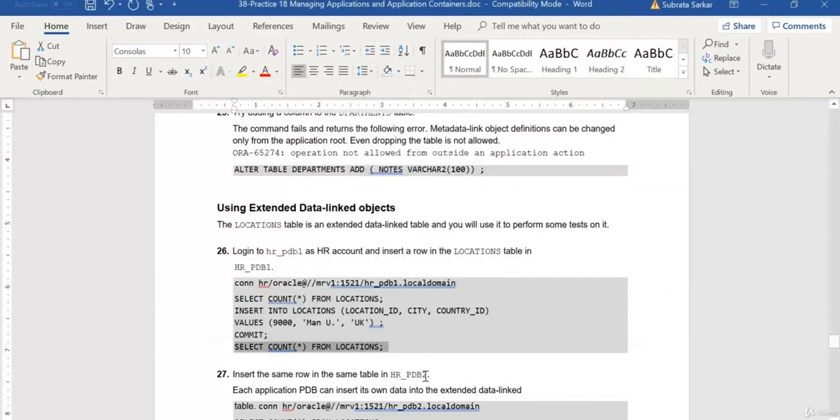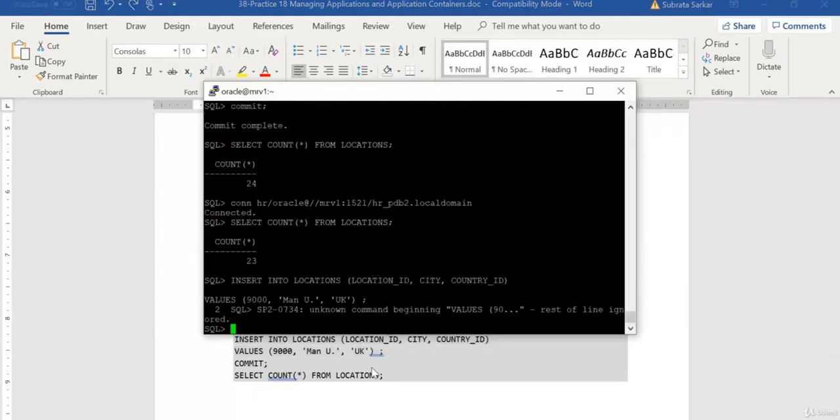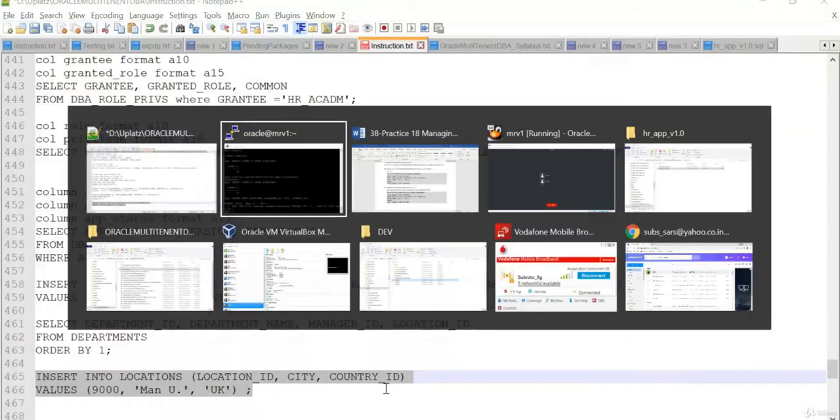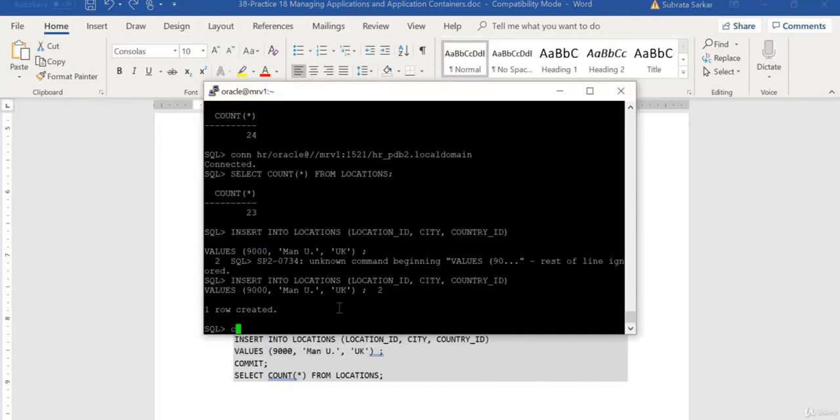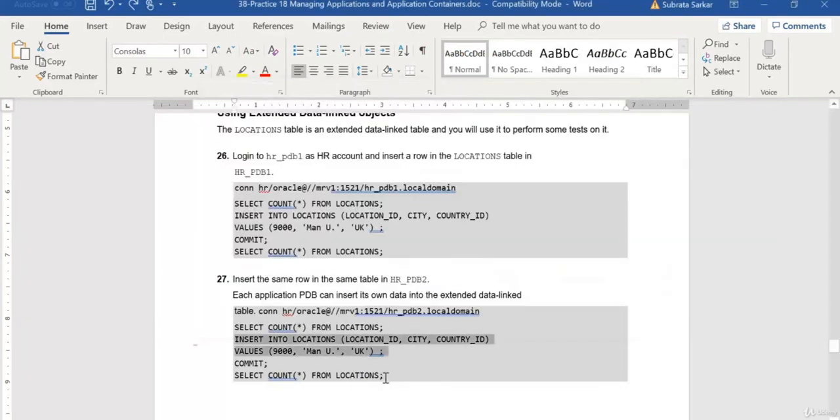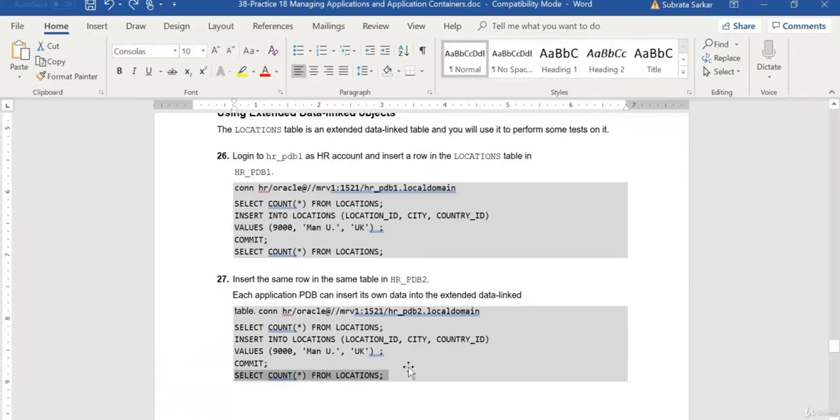Now insert the same row in the same table in HR PDB2. Each application PDB can insert its own data in the extended data link table. So we will be able to insert the same row in HR PDB2. Here if we say count of location, we will see 23, and then we can insert the same record here. It got inserted. Then we'll commit. Then we'll do select count from location: 24. So the idea is that each application PDB will be allowed to insert its own record in the extended